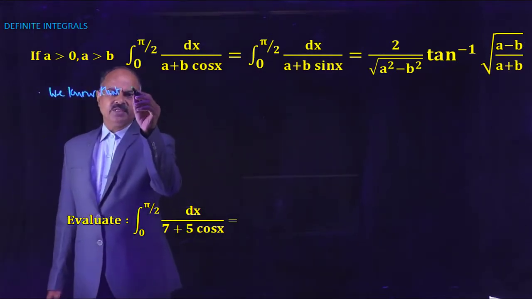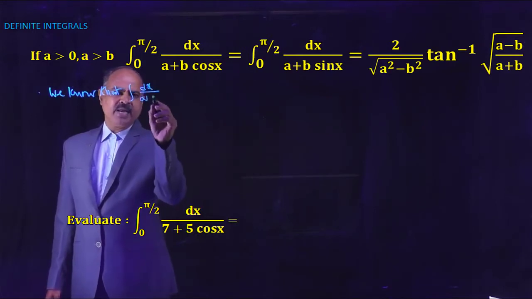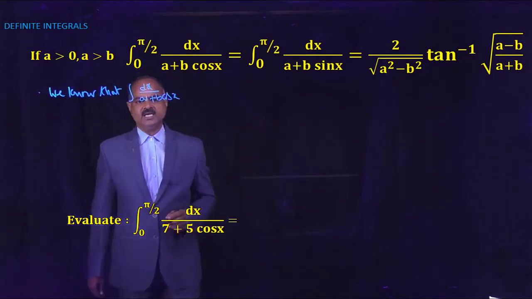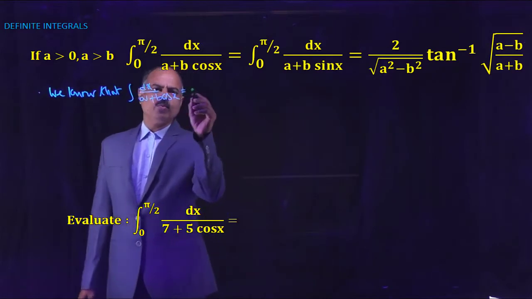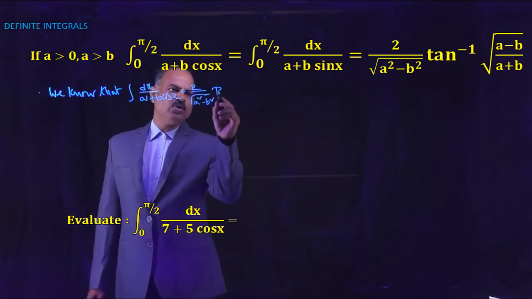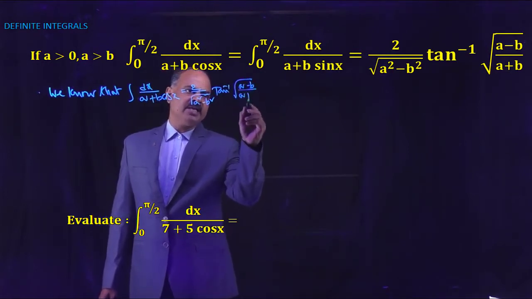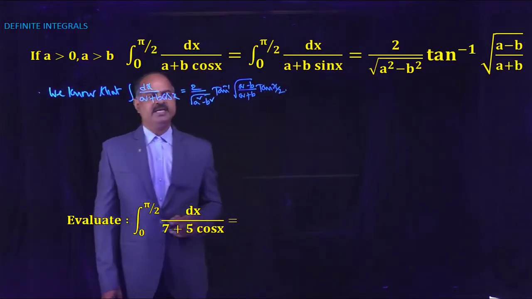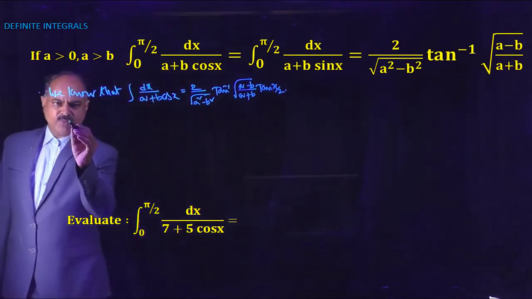integral dx by (a plus b cos x) equals 2 by square root of (a square minus b square) into tan inverse of square root of (a minus b) by (a plus b) tan x by 2. So here the integral is from 0 to pi by 2